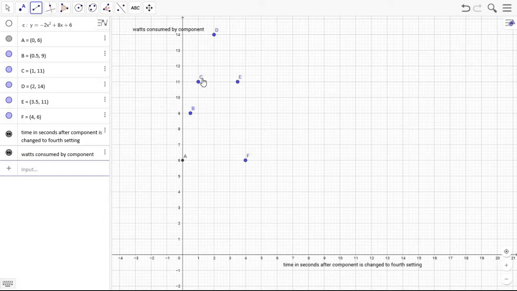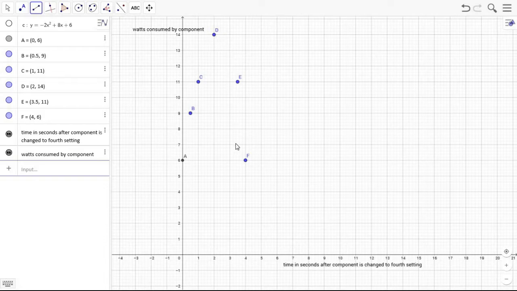In 1 second it goes up to 11. In 3 seconds it goes up to 14. But then after 3 seconds it starts to come down, right? Maybe there was an initial surge and it comes down. In 3.5 seconds it's at 11 watts, and at 4 seconds it's back down to 6 watts. So this is the initial phase. What happens as soon as the component